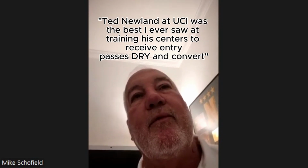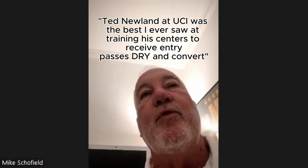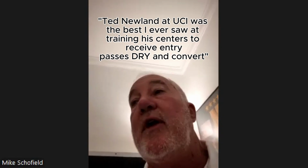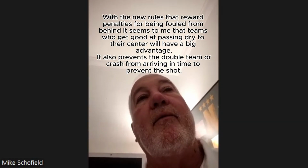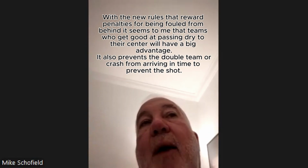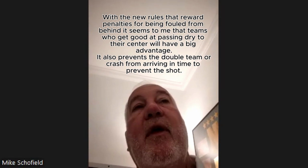The last thing on center play that I had, and it's in my notes, and again, this is going to kind of reflect how old I am. Ted Newland, rest his soul, trained his centers to be ready to receive the entry pass dry. And again, with the new rules, if you receive a good dry pass at the center position that you're prepared to do something with, you're going